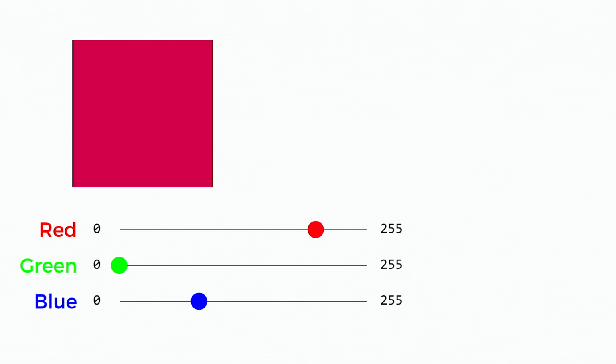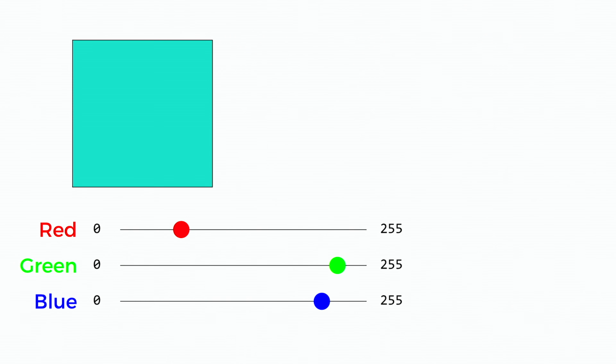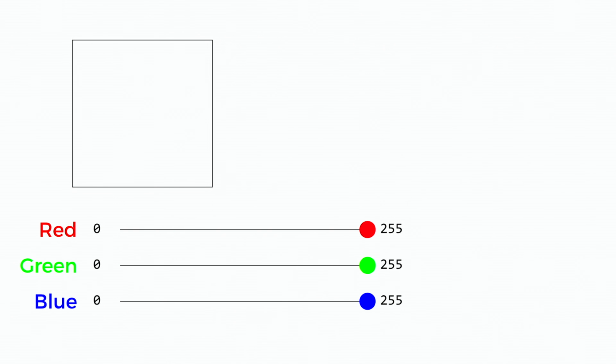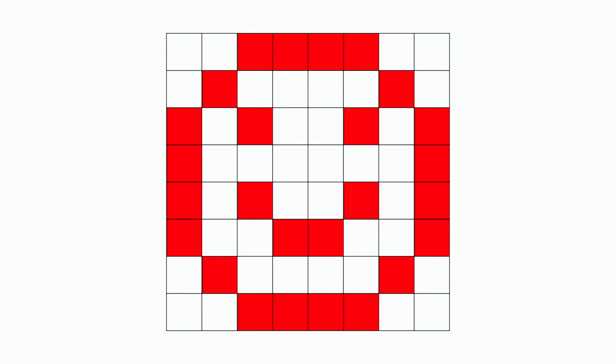If we have a lot of red and a little bit of blue, we have a color that looks a little something like this. And if we have a lot of green and a lot of blue, but just a little bit of red, then we get a turquoise color that looks a little something like this. And if we set each of the channel values of red, green, and blue to the maximum value of 255, well, that pixel is just going to be a pure white pixel. If we take enough of these pixels, set them to the right color value, and arrange them in the appropriate order, the result is that we can actually see an image that looks like something by arranging colors in the correct position.